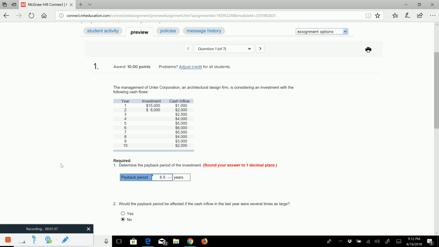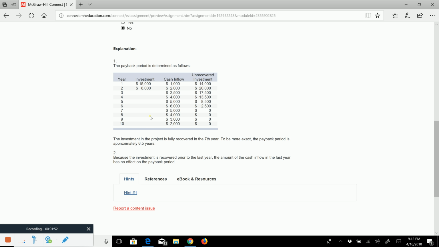So as you can see here, we have very uneven cash inflows and outflows. Because they are uneven, if we are to determine the payback period, we need to prepare a table that looks something like this. It's really three columns. Year one, we have our investment, which once again is our cash outflow of $15,000, less our cash inflow. That gives you your third column, which is called the unrecouped or unrecovered investment. Think about it. If $15,000 was the cash outflow, less a cash inflow of $1,000, there's still $14,000 that we